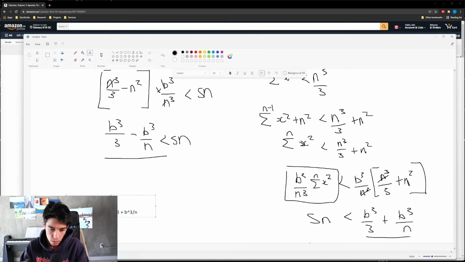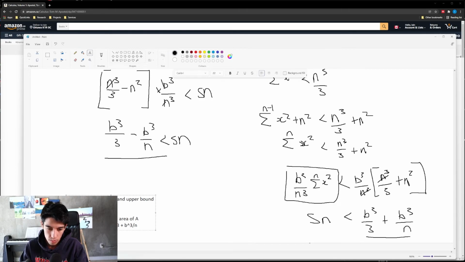A looser bound on the area of A, and before we had a more precise bound, lower and upper bound, which is